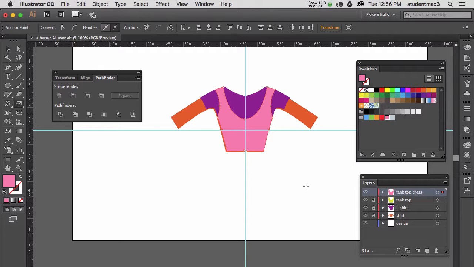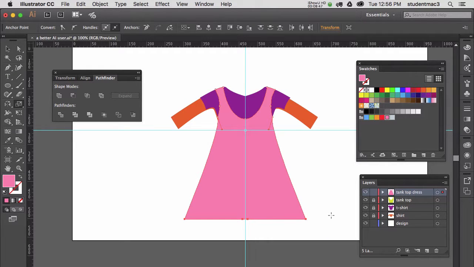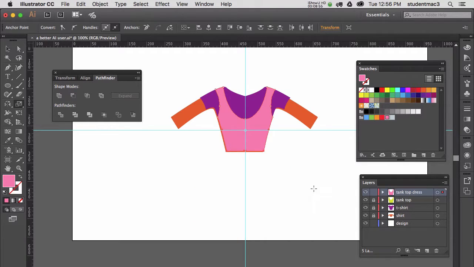Go to the scale tool, pick a point to scale from the center, and scale down and scale out, and there's my dress. Now, very important step here. Now it's kind of looking like a child or maternity or a tent dress. So here's the technique here. If you want to basically have a little bit of hips or a little bit of waist area to your